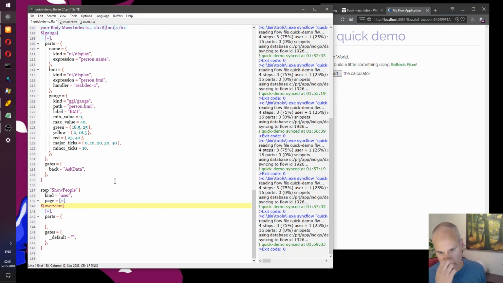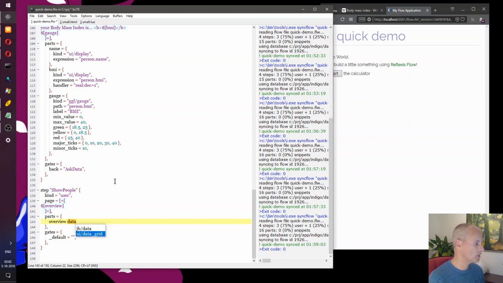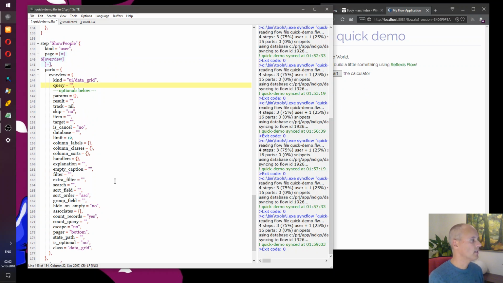As I said, I prepared a small database holding like 30 or 40 people, and I want to display it in this page. So we have various parts for that, but the part that we often use is the data grid.